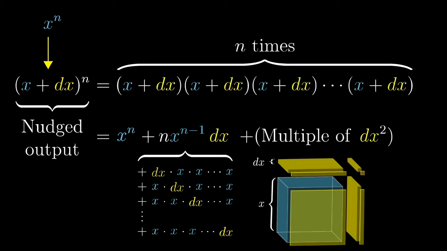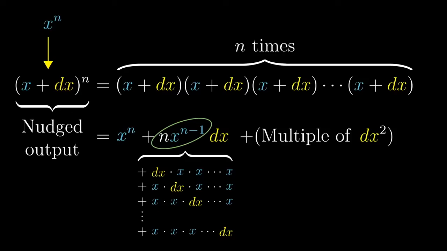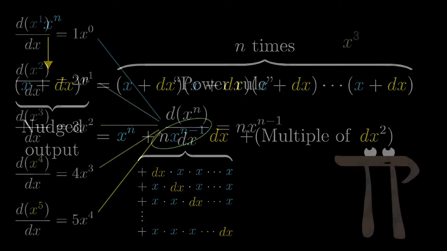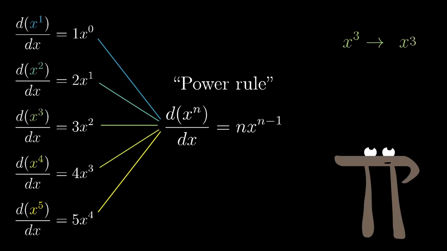And what that means is that all but a negligible portion of the increase in the output comes from n copies of this x to the n minus 1 times dx. That's what it means for the derivative of x to the n to be n times x to the n minus 1. And even though, like I said, in practice you'll find yourself performing this derivative quickly and symbolically, imagining the exponent hopping down to the front,